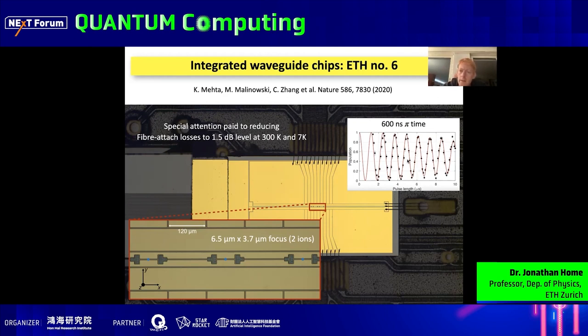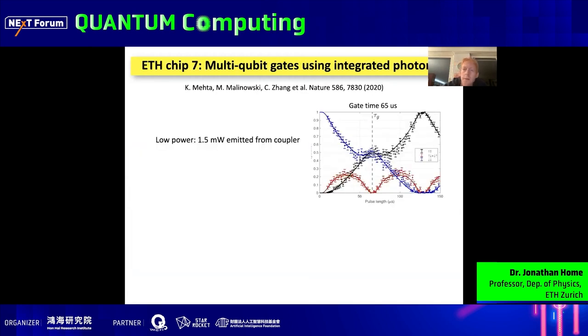But that really takes us into also a new regime, because what we really like to show is that we can do 2-qubit gates. And 2-qubit gates are slower than the typical single-qubit gates because they use the gradient of the light field rather than the Rabi frequency of the light field, right? So there's some penalty you pay by trying to transfer momentum from the light field. And so that means you need typically larger power to do 2-qubit gates. But the nice thing is that with the amount of power that we get, and just with 1.5 milliwatts emitted from the coupler,